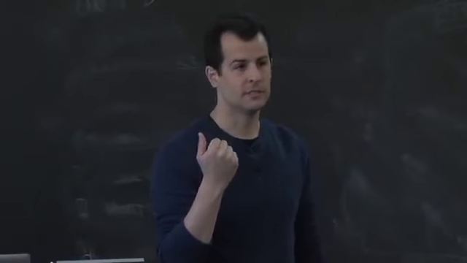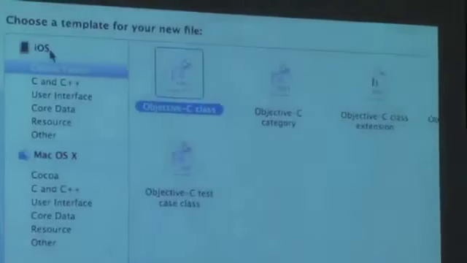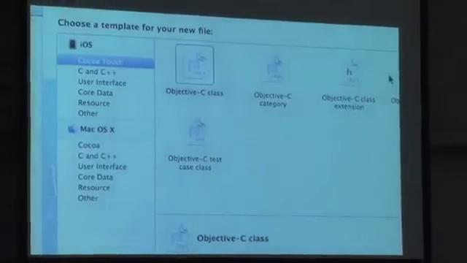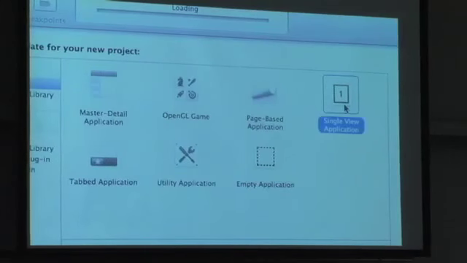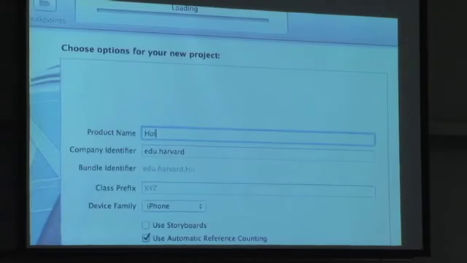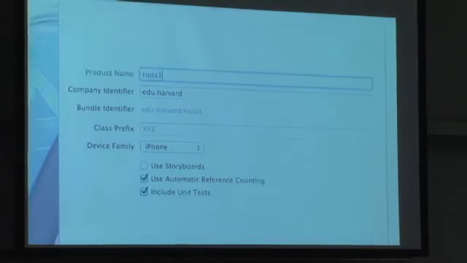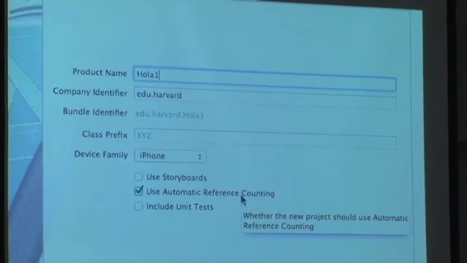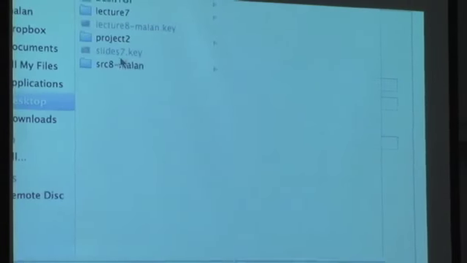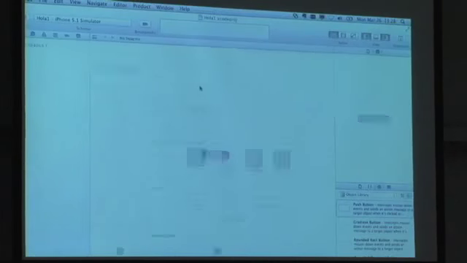Any questions? All right, so let's do a little something easy in, let's say, Spanish. So I'm going to go ahead and create a new Xcode project, iOS. I'm clicking Cocoa Touch. Nope. I'm clicking Application, and then Single View Application. I'm going to go ahead and name this Hola1. We're going to uncheck unit test for today. I'm definitely going to leave automatic reference counting checked, as you should for the project. I'm going to go ahead and just save this onto the desktop for now,